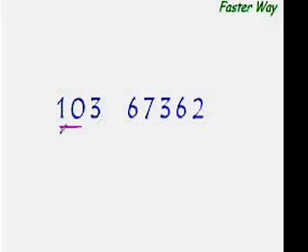So once again, 10 how many times will go into 67? 10 6 times is 60, so write 6 here and the remainder is 7. The next dividend would be 73 minus the product of this unused digit times the answer digit. So 73 minus 18 would be 73 minus 8 is 65. Jumping down 10 is 55.